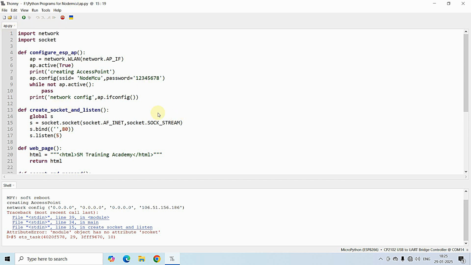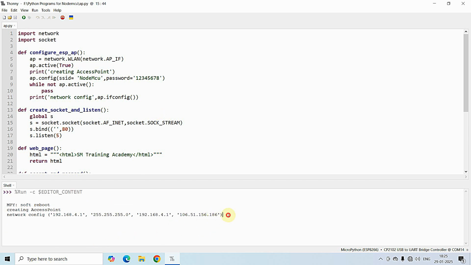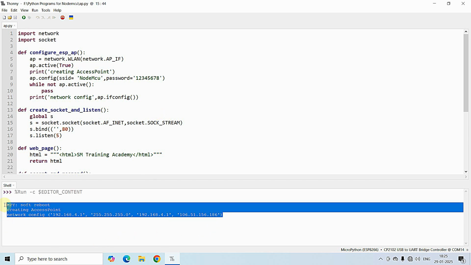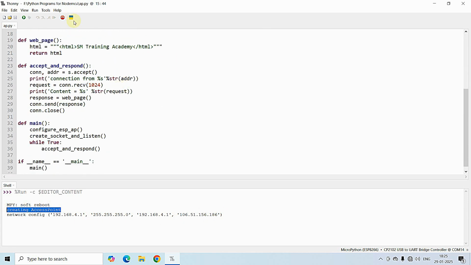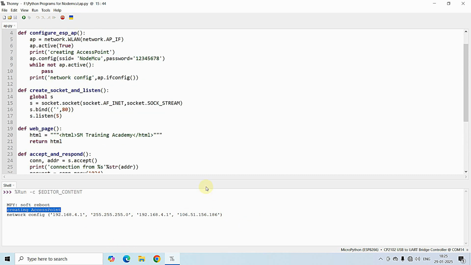Let me run this program. You can see now my program is successfully running. The access point has been created and all the errors have been resolved. I stopped this program and ran it again so that it is running properly in my shell. And this is the network configuration that I received. This is the IP address of my device,